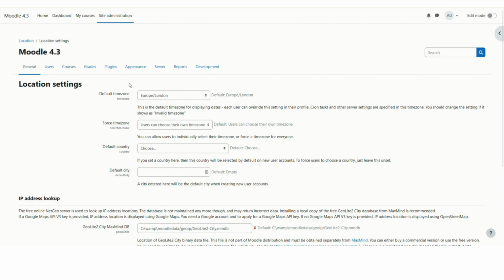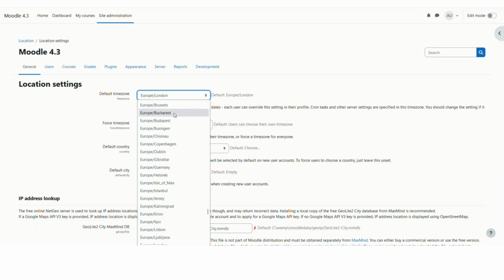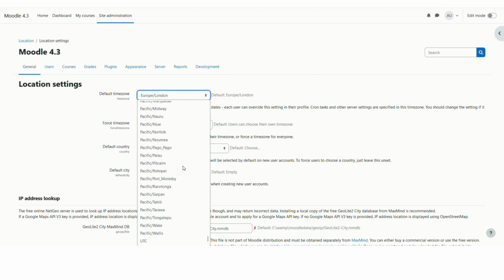Here on the first top 4 fields, you can define the things which we have discussed as the objective. So first one is the default time zone, so you can choose the continent and the location where you would like to have the default time zone. So let me say that I would like to go to Asia and Dubai as my time zone,